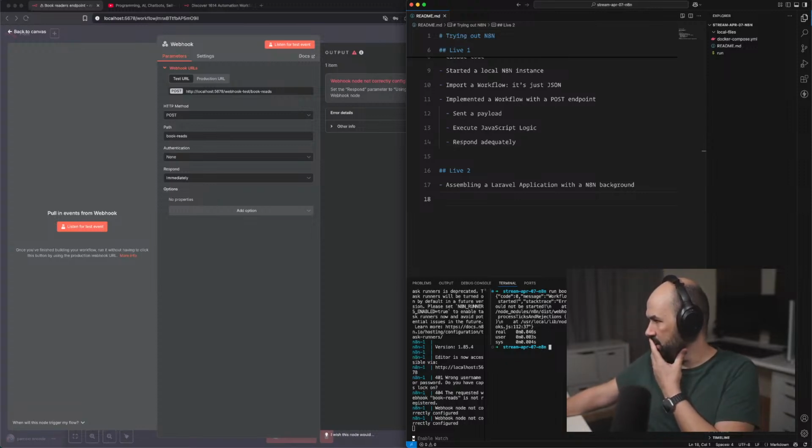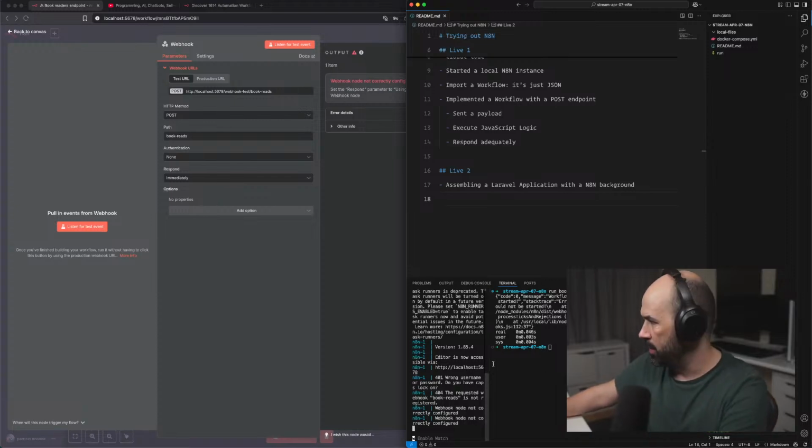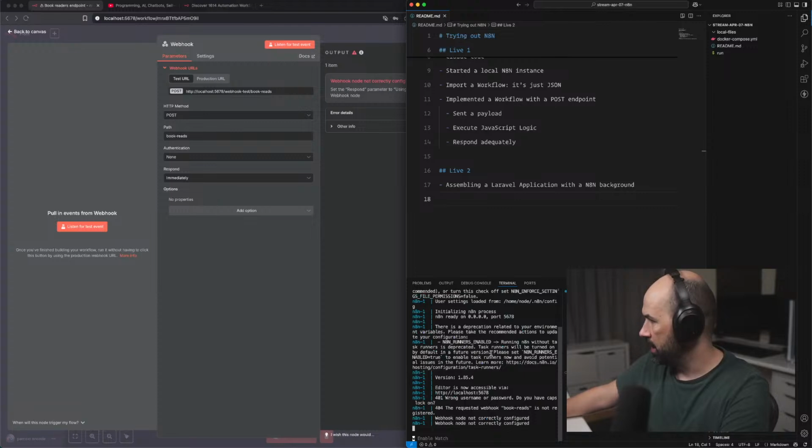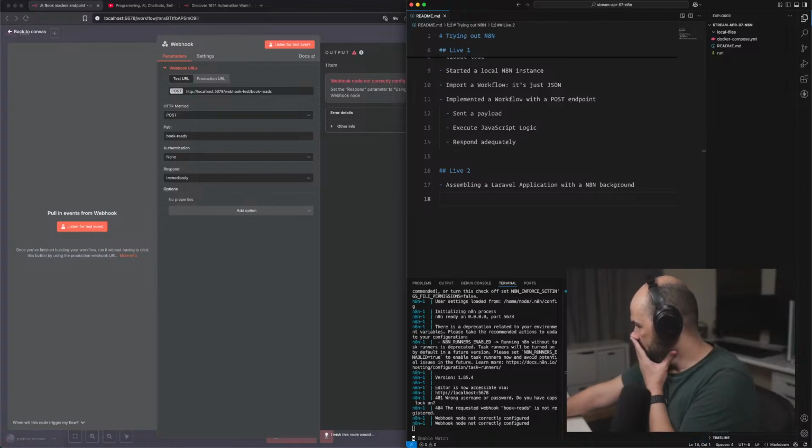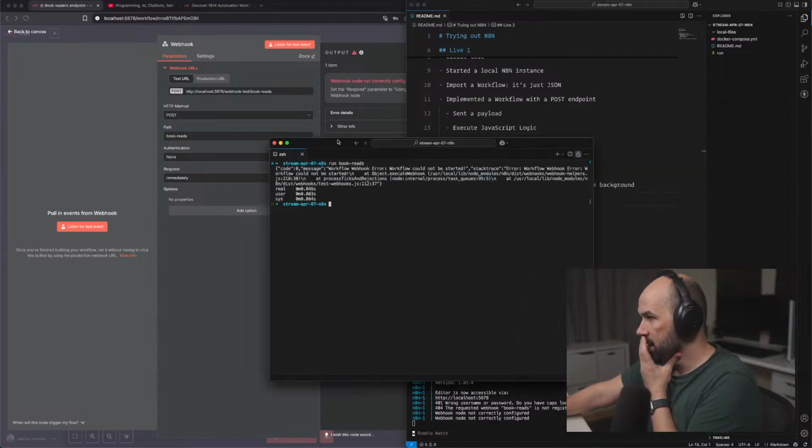Why is that? Okay, moment. Let me get this log. How can I do this separately? Oh no. Move terminal into new window. Is that it? Yeah, okay, it works.